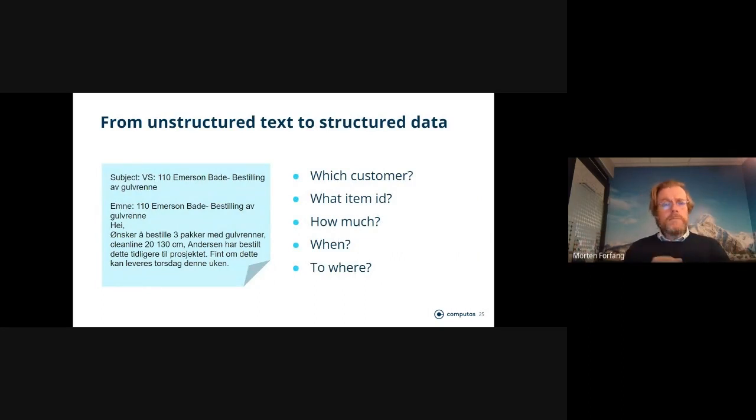Another large area where AI is very well suited is going from unstructured text to structured. For example, with retail, here we have a note in Norwegian, I do apologize. It's an order for bathroom articles, and the business here gets tons of these, either by voice or by email. You have quite a number of employees, dozens, whose entire day is to talk to people or receive emails like this.